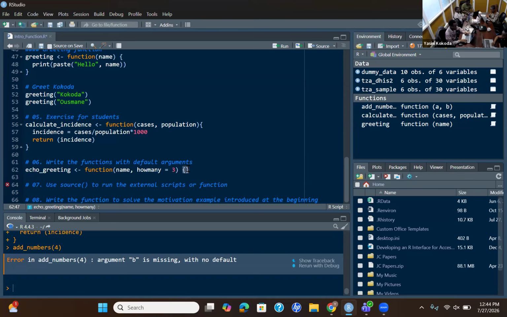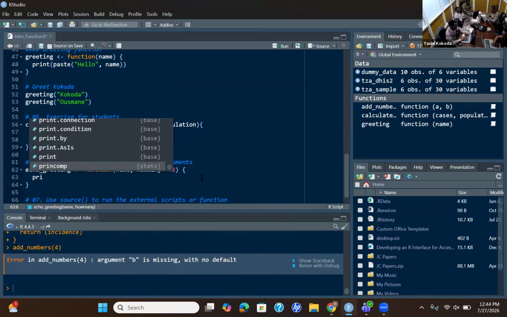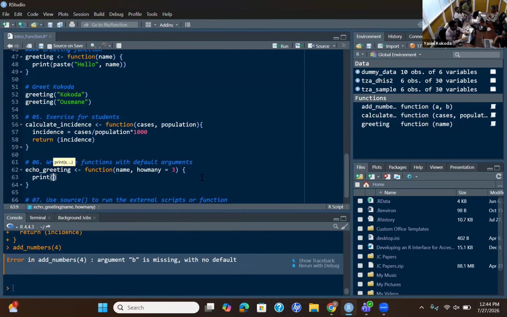So as usual, you use curly brackets and we can print now. Paste, use the same function, paste hello, and then combine with the parameter of the function. Make sure what you specify in the parentheses is used here in the body of the function. So you use the name. Now we want to echo this several times. In this case, we have a default value of 3 times. Let's say we want to repeat this.